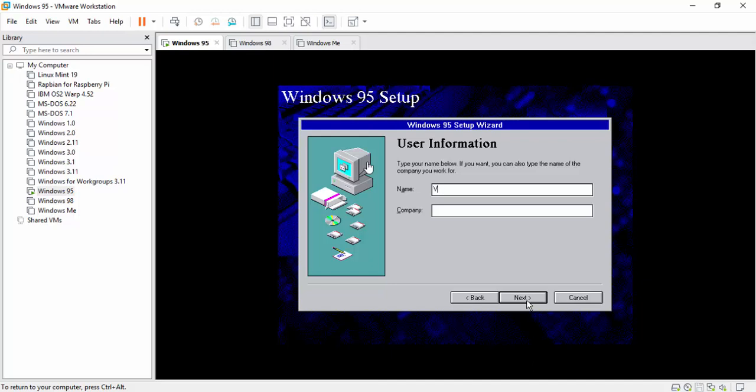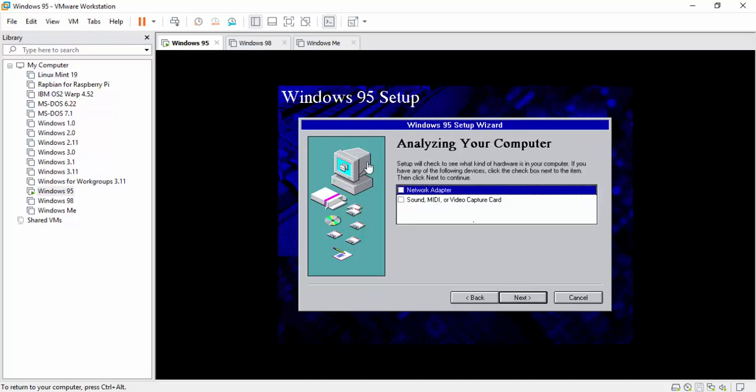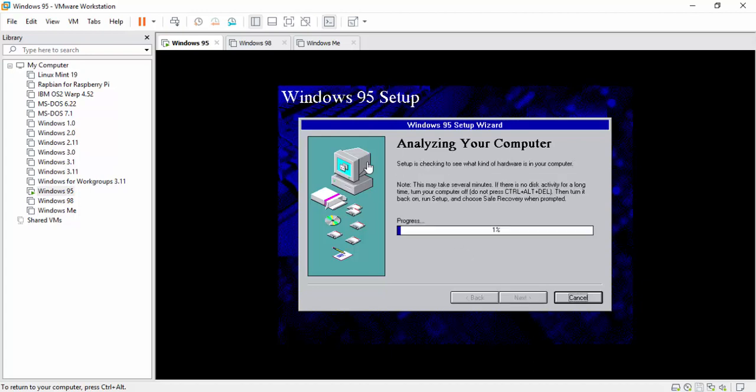So we're going to type in our name, company. Now you can leave company blank, you just have to actually put a name in. So hit next. Okay, so we're going to go ahead and put both of them in here. For network adapter and sound, you don't need to actually put the sound in here, you can do it later, but I always like to check both of them off,